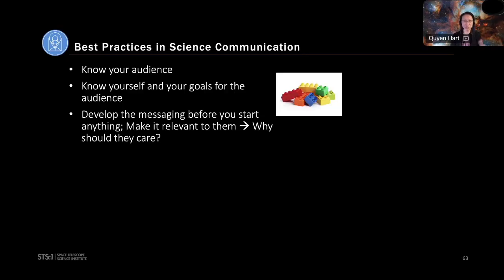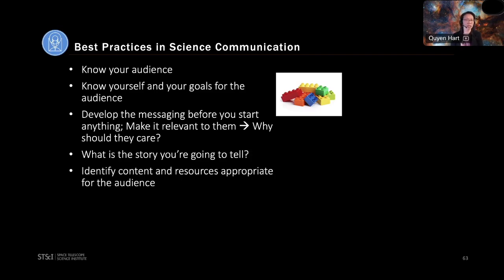So you're going to have all these different pieces, like Lego pieces here. What's the story you're going to tell? So it's about bringing them along for that journey, that story that you're about to unfold. Now that story can be a quick story, five minutes, because that's what you have, their time, if they're coming by an activity station. Maybe it's 30 minutes, maybe it's a whole hour, but think about that story. Identify what you need to be able to tell that story. What's the content? What are the resources? If it's a younger age, how are you going to engage them with something they can do?